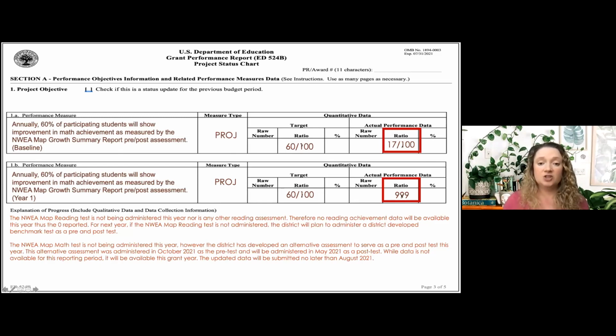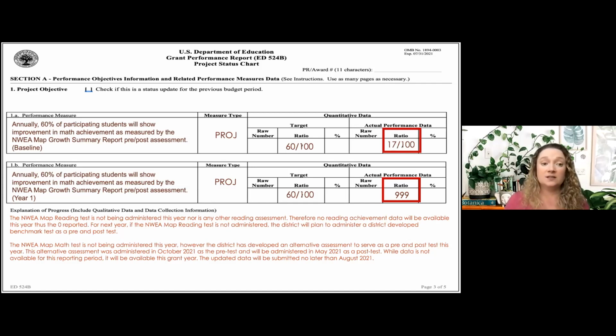Now you'll notice this year I had to put 999. Notice it is not a ratio, it is not over 1. You're going to solely type in 999, and the system will take it in that ratio box as just pure 999.